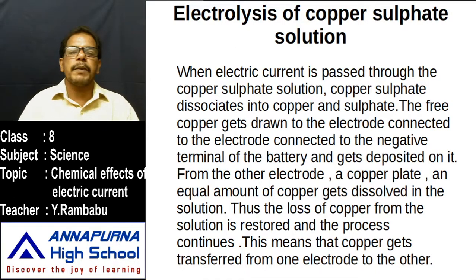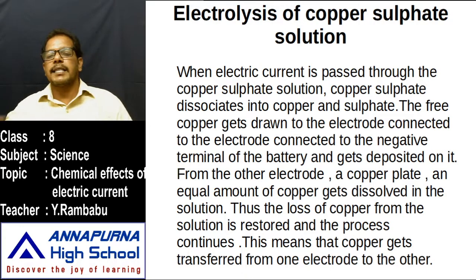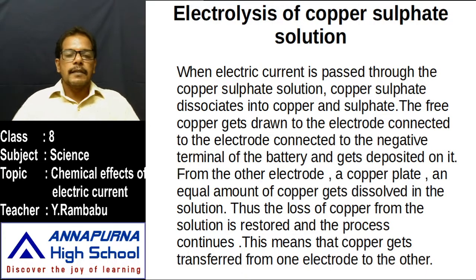That means here there are two copper plates or two copper rods. One is connected to the positive terminal and the other is connected to the negative terminal. These two copper plates or rods are dipped in the copper sulfate solution that we have already prepared. Dip these electrodes in this copper sulfate solution, but take care that these two are not in contact with each other, almost close to each other. That means they are separated by about 1 centimeter. That is better. Okay. Then turn on the switch. If we turn on the switch, we observe the formation of bubbles.